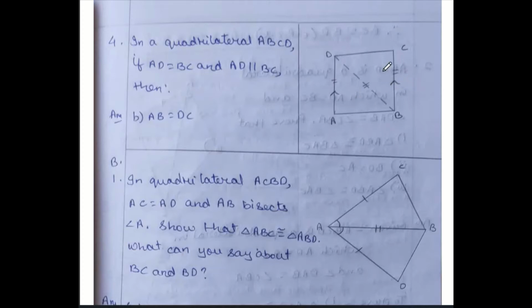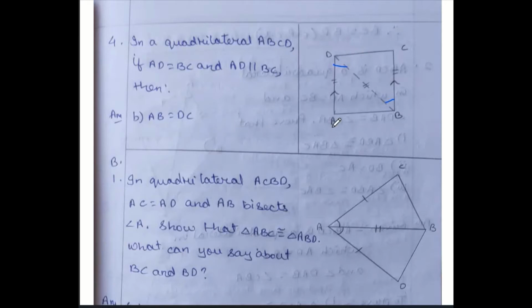If we select these two triangles, then we can make them congruent easily. This side, both are matching, is already given. Since the lines are parallel, this angle and this angle are the same. They are alternate interior angles, and this line is common. So both the triangles are congruent under side angle side congruency. If both the triangles are congruent, then AB and DC are equal. So the right option is B, AB equals DC.